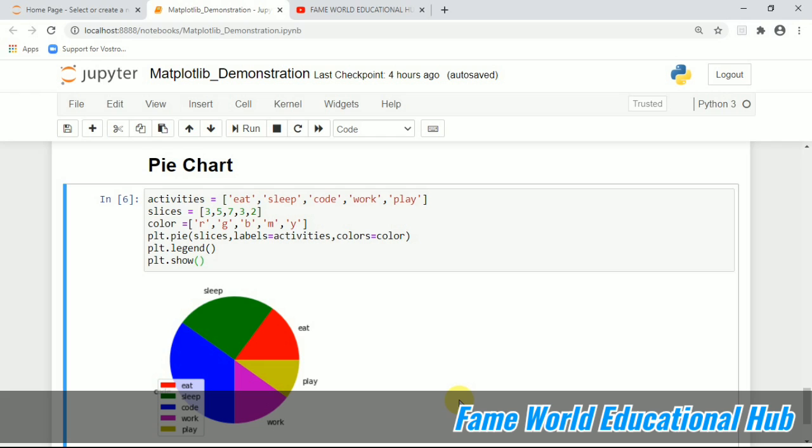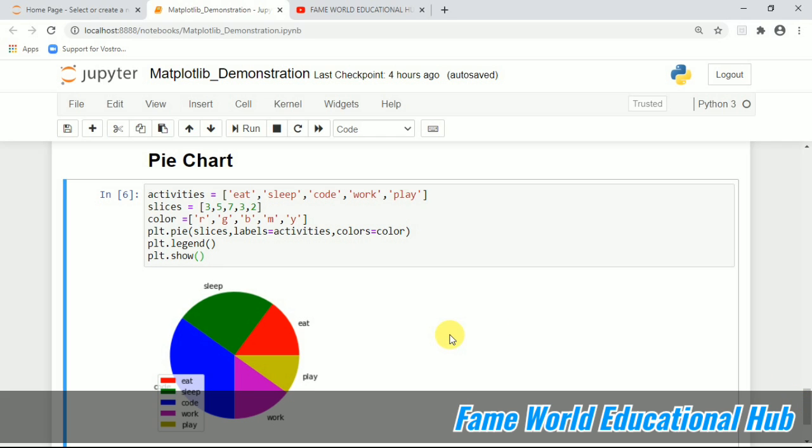Okay, now you can see our chart is here. Yes, now you can see the pie chart which is appearing here. It's coming very nicely, and the position of the legend is not fixed. It cannot be set by the user or the programmer. Actually it will be auto adjusted. So you can see the different colors and slice positions which we have taken are coming here.